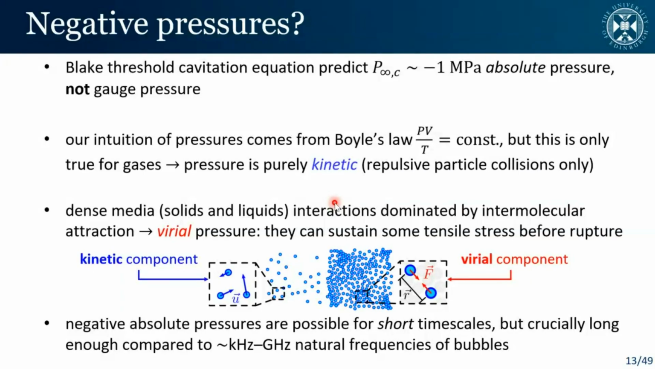And essentially, while you have some degree of attraction between molecules, it does mean that liquids can sustain some amount of tensile stress or negative pressure before they rupture. And this is possible for short time scales, so it's not a thermodynamic equilibrium. It's not in conflict with what we understand about pressure, but it's just to say that these negative pressures exist